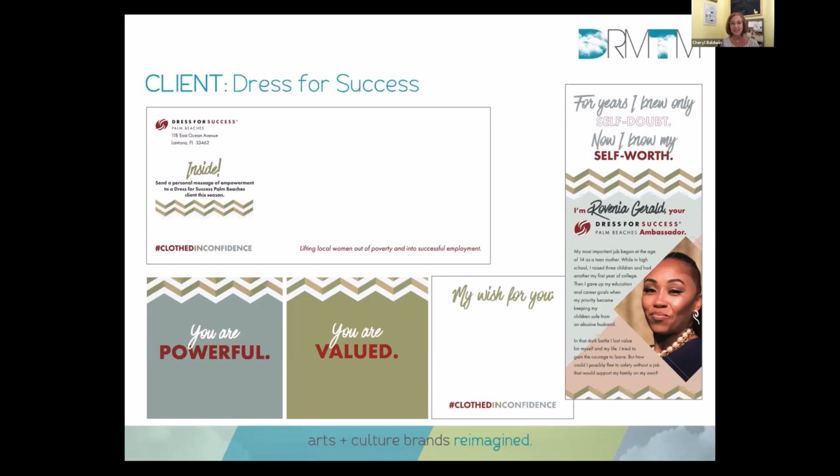In digging into the guidelines, they had a whole secondary palette. And so we decided we wanted it to look a little bit different. And so we brought in the grayish green, the grayish blue, the tan, and just really worked with that as sort of like the focus of it. It's still branded Dress for Success. It's still got the look, but just really wanted to show you that